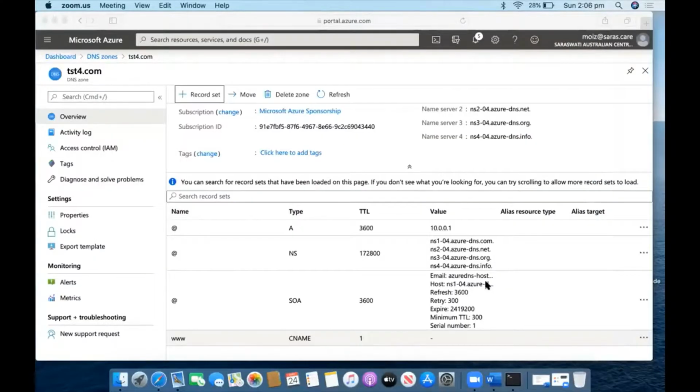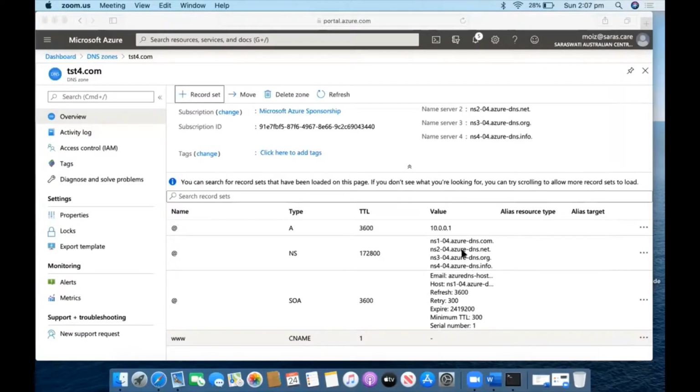So once you understand this one, it is very easy. But you have to understand what is actually happening, how the traffic is moving. That's more important. So now what I have done is, in Azure, I created a virtual machine, and I have hosted a website in that one. So for that, to recognize that virtual machine as a website, I am creating a DNS record in Azure.